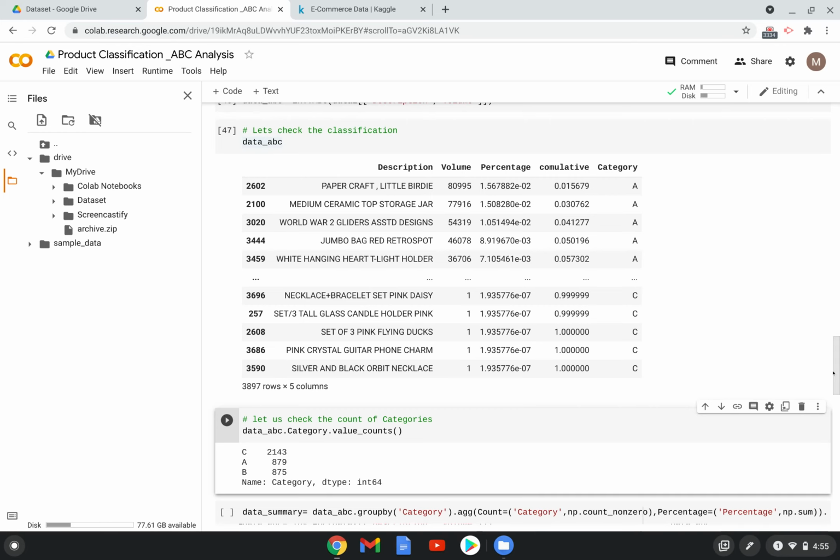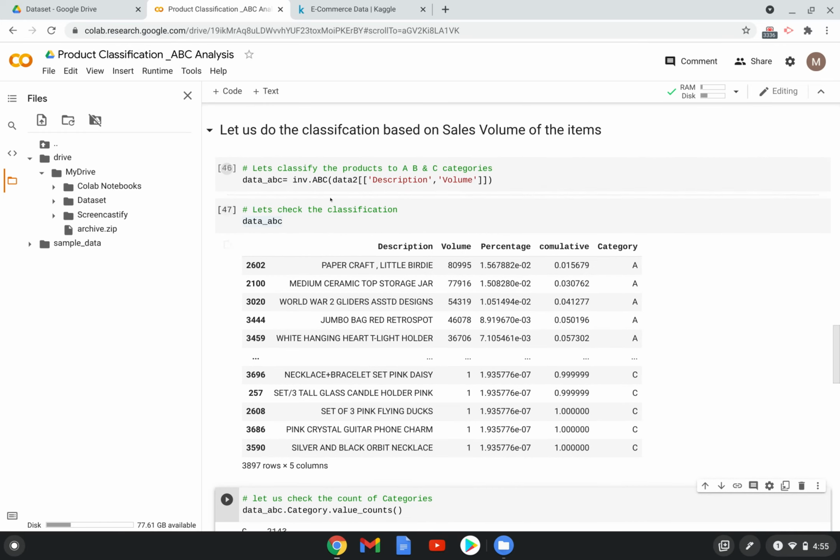It just added, you can see, the description, the volume, the percentage of volume for each SKU, and then the cumulative volume. Then it assigned the category, whether it is A class, B class or C class.